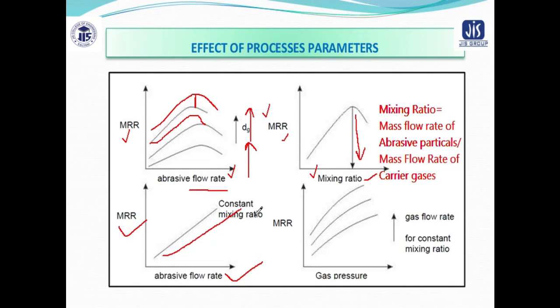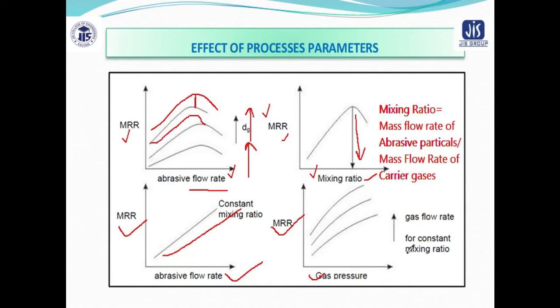Next we can also discuss the effect of nozzle pressure on MRR. As you can see, this is the gas pressure we are talking about. This is basically how the pressure is affecting the MRR. The abrasive flow rate can be increased by increasing the flow rate of the carrier gas. As I've already told, as the internal gas pressure increases, abrasive mass flow rate increases, and thus MRR is also increased. So what we have to do is increase the internal gas pressure. This will result in an increase in abrasive mass flow rate, and this will help to increase MRR. As a matter of fact, the material removal rate will increase with increase in gas pressure.